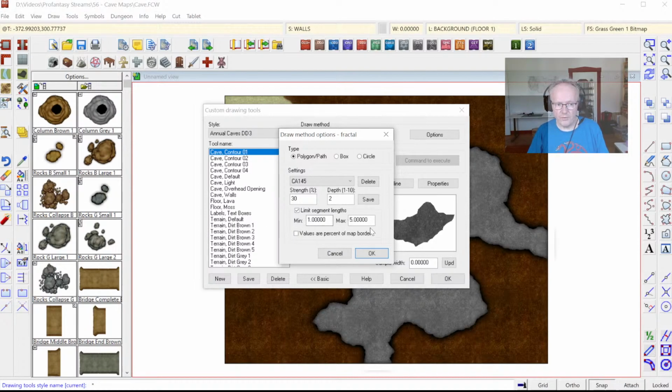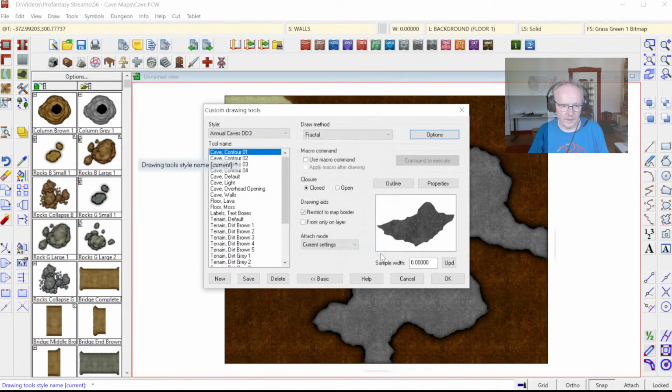And you can change this from referring to drawing units to percentage of the map border by checking this option here. But for floor plans, it's usually better to do this in map units. For overland maps, it's often better to do it in percentage of the map border. So we're just gonna set this to fractal,